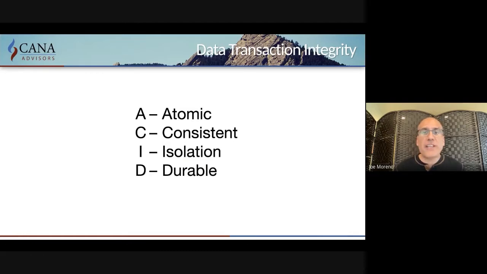These transactions that we send to the database are done in isolation, or they're done independent of one another. One transaction doesn't know about the other until it's been completely committed to the database. And that ends up giving us a database that's durable. And by durable, we mean that if we lose power while we're writing to the database, we don't corrupt the data in the database. And the way that generally works is that